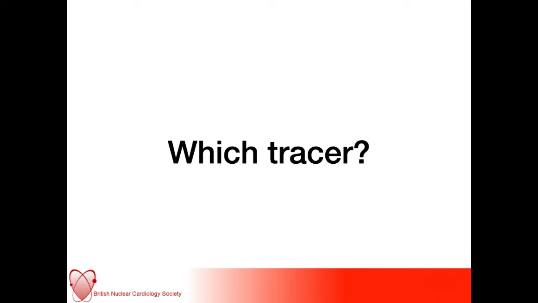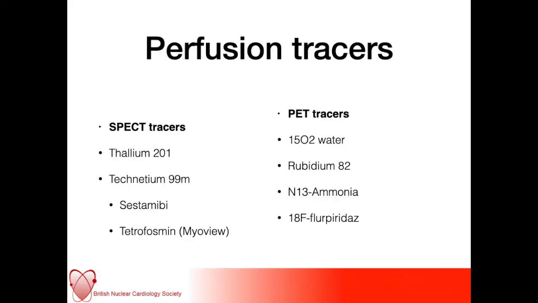So there's a choice of tracers. I've already mentioned some names, and really this depends on availability and practical reasons. So if you're performing myocardial perfusion SPECT, then you have access to thallium or the technetium agents, Sestamibi or MyoView tetrofosmin. Thallium is less popular these days because of the larger associated radiation dose. If you're able to perform PET perfusion, then that means you've got access to a rubidium generator or an ammonia producing cyclotron, or again a cyclotron that can make oxygen water. And these have advantages over the inherent different imaging properties of PET and much less radiation exposure than compared to